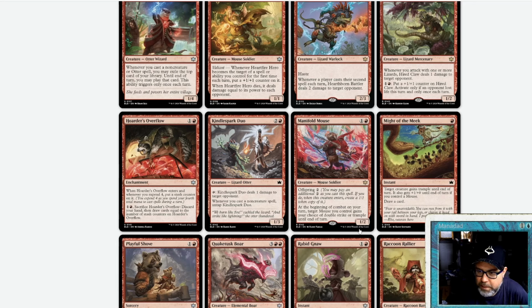In combat on your turn, target mouse you control gains your choice of Double Strike or Trample. And it's got the Offspring. For 4 mana, you get 2 1/2s that can gain Double Strike or Trample. I'm just not feeling that. Might of the Meek. Target creature gains Trample until end of turn, gets +1/+0. If you control a mouse, draw a card. Maybe. Ancestral Anger is rotating, so if you're looking for something to replace Ancestral Anger and you have mice,